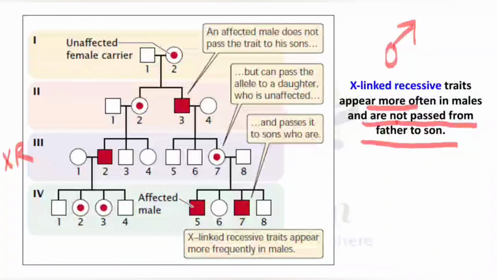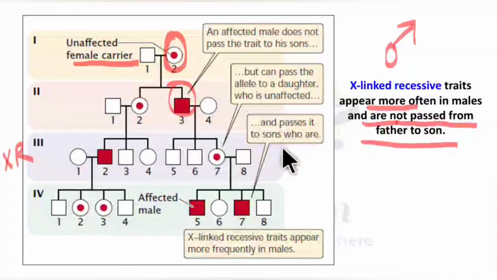So the two characterizing features of X-linked recessive traits are that males are much more prone to them as compared to females, and that they are not passed from father to son. Here you can see the female is the carrier only. It means she is unaffected by that trait or disease, and the disease will be transferred or inherited from the carrier or unaffected female to the male child, because the father will not carry forward the trait to the son.